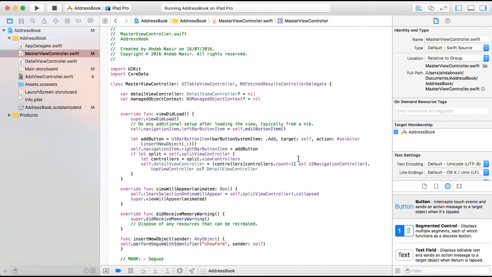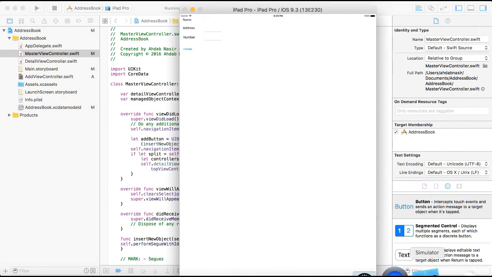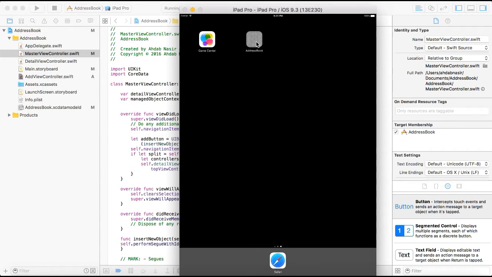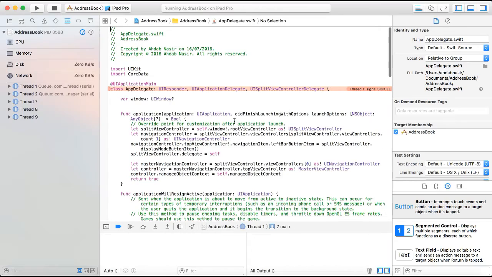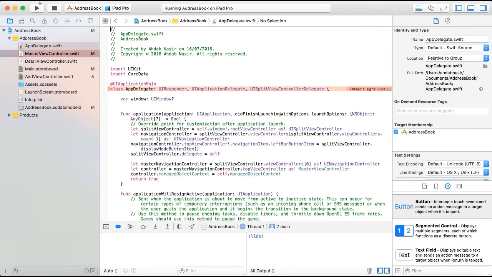Okay, so now if we save this, and also don't forget, go hardware, home. So if we delete it, again, don't worry about this. If we run it again,